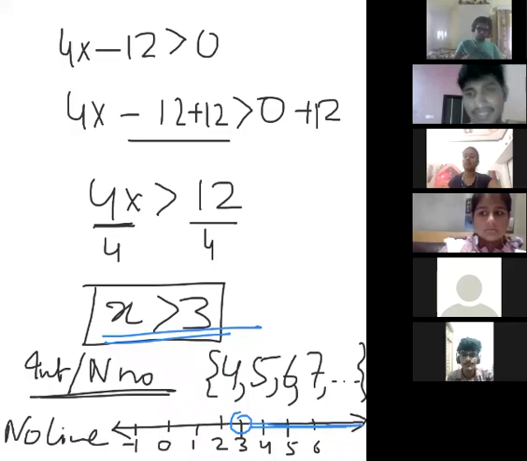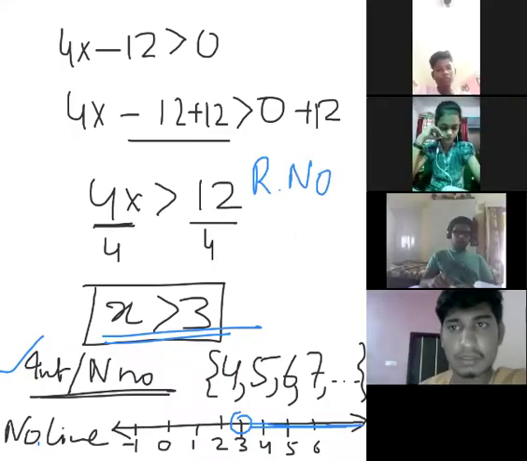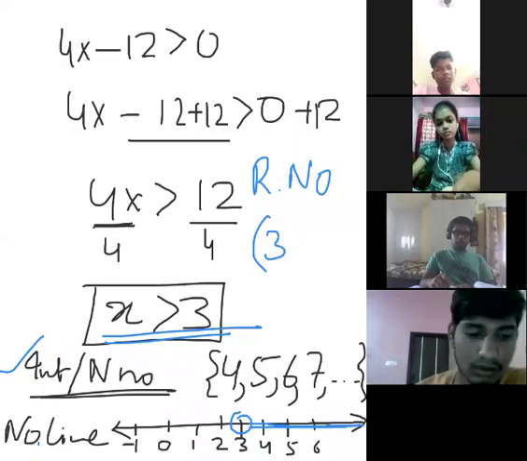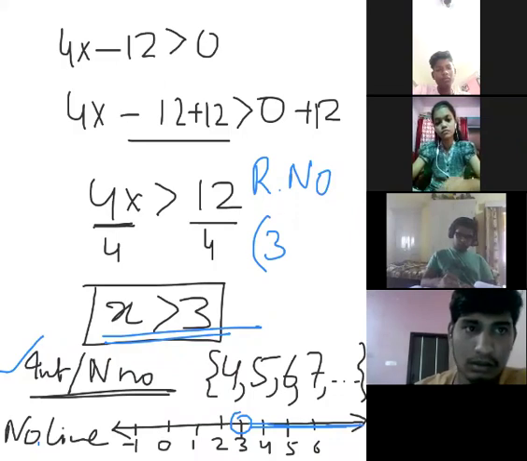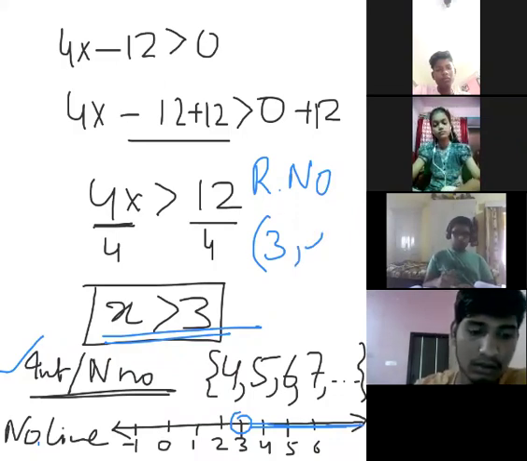So we have shown it in the condition of integers or natural numbers. We have shown it on the number line also. If the question comes, we need to represent it for the real numbers, then it will be excluding 3. So round bracket in the sets we have studied this condition. 3 is excluded and it will be going till infinity.